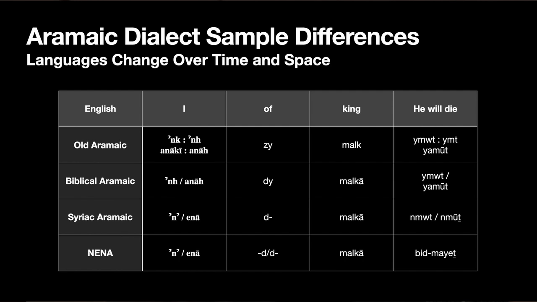Looking at the word king, we have malka or malko, and then malka or malko. Basically, it's the same. And really, the difference is the older versions of Aramaic use the absolute forms more than the emphatic forms, which, biblical Aramaic is kind of 50-50. Syriac is kind of like 95-5 when it comes to emphatic forms versus absolute forms. And that's the case with modern Aramaic too. Really, it's just the emphatic forms that are used in modern Aramaic.